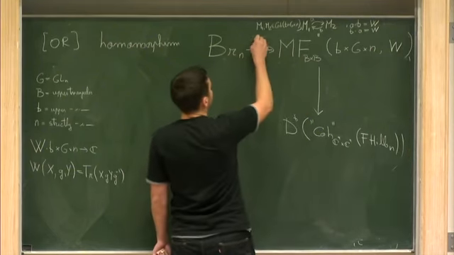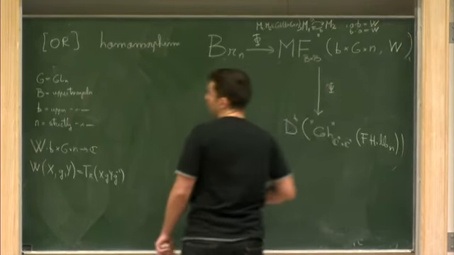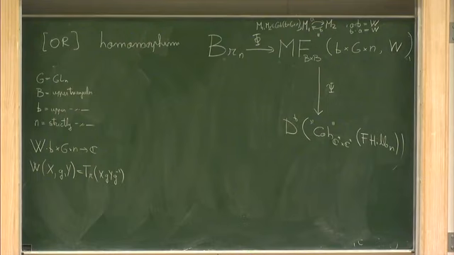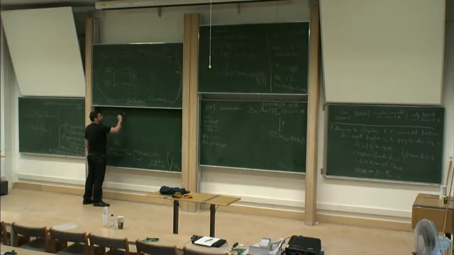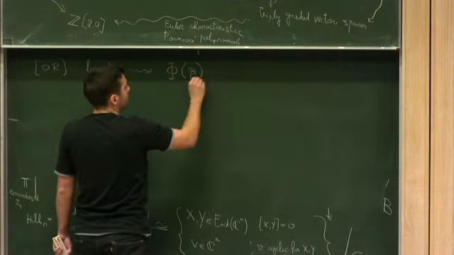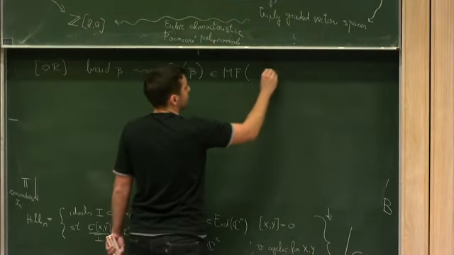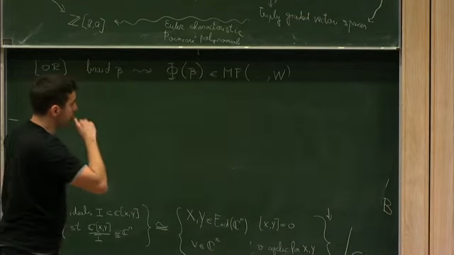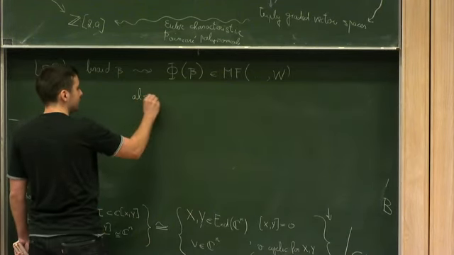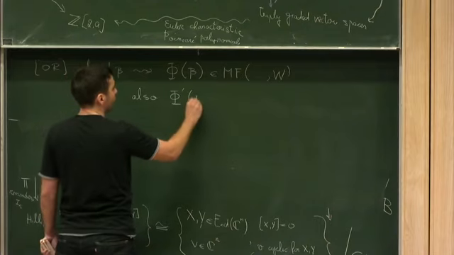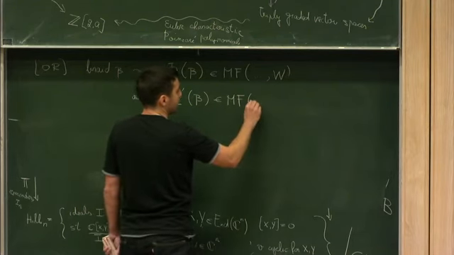So let me call this map here phi, this map here psi, and say a couple of words about what phi and psi are. What their construction gives you is, for any braid beta, a matrix factorization phi of beta. So I'll just write it as a matrix factorization of a certain space. This space here is just the affine space B times G times N with the potential W. And they also have an analogous construction which gives them phi prime of beta, which is a matrix factorization on the exact same space, but now with the potential